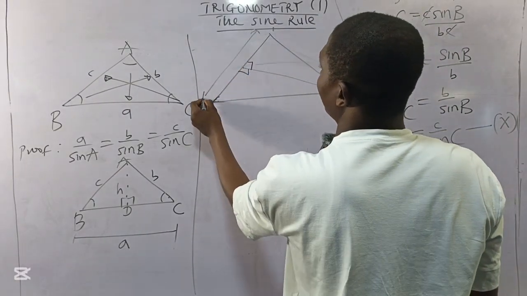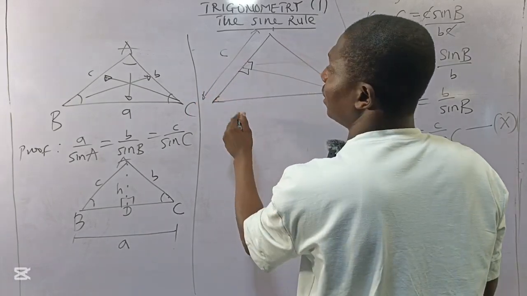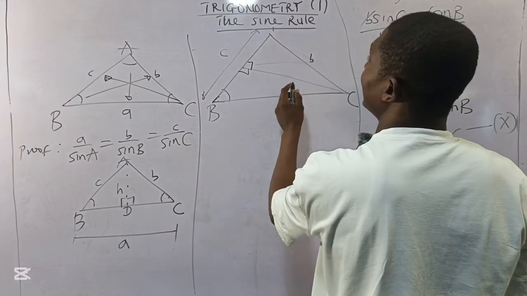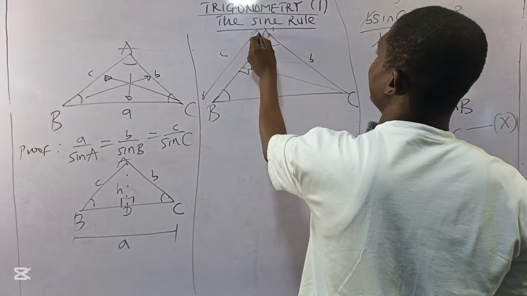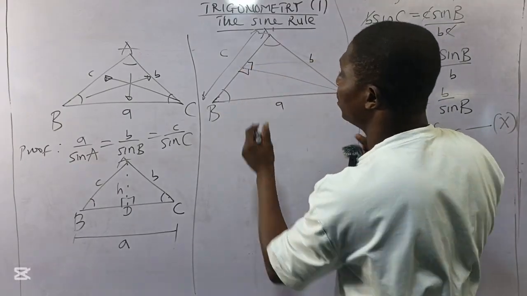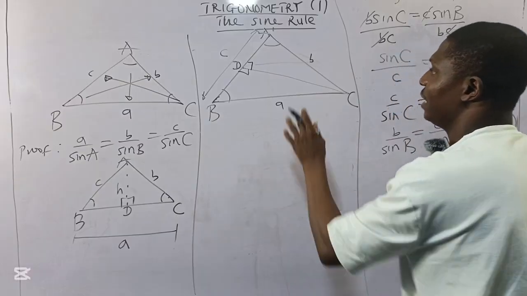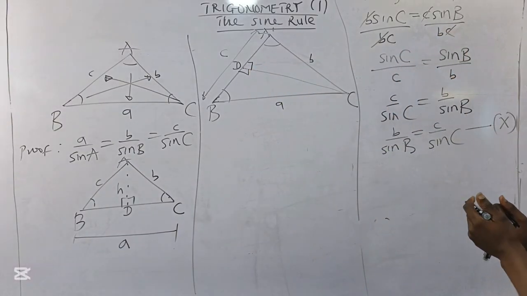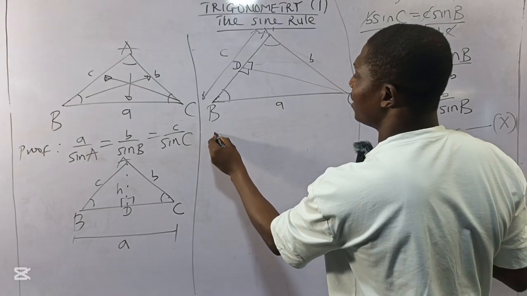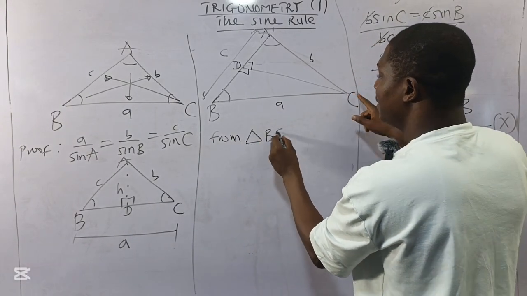From here to here now remains my small letter c. This remains my capital B, so here becomes my small b. And here remains my capital A, and here becomes my small a. Where this point divides these two, I will take it as D again, like I did earlier. Now, if you watch, this is a right angle. So I'll say from triangle BCD,